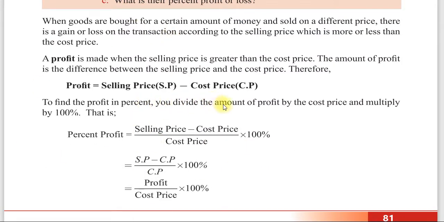To find the profit as a percent, you divide the amount of profit by the cost price and multiply by 100%. That is, percent profit is equal to selling price minus cost price